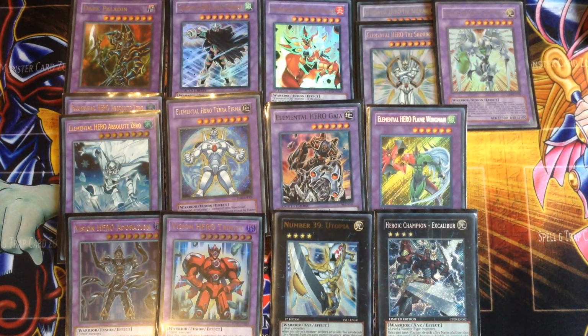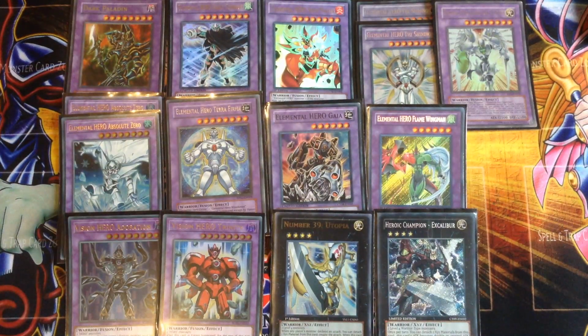Because Excalibur came out in Return of the Duelist, near the end of that format, I have absolutely no idea if cards from Return of the Duelist are actually legal in March 2012 format decks. And knowing my luck, they're probably not. If it's following the same rule as Goat, September 07 and Edison, where, like I said, for Goat format, cards from Cybernetic Revolution and the 2005 collectible tins can't be used, while for September 07, cards from Phantom Darkness can't be used, and for Edison format, cards from